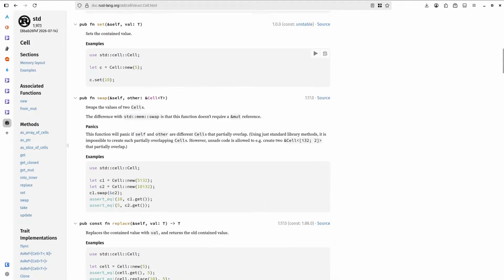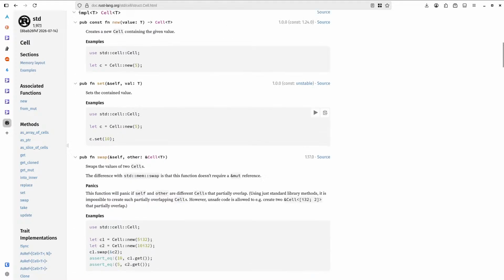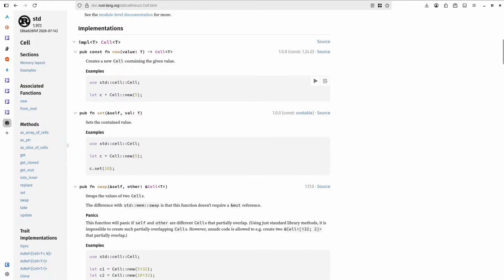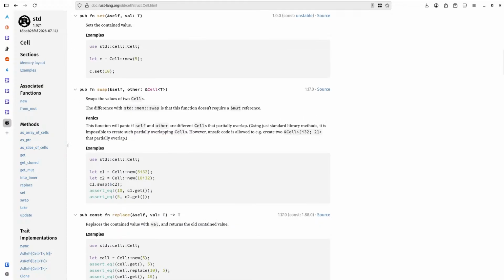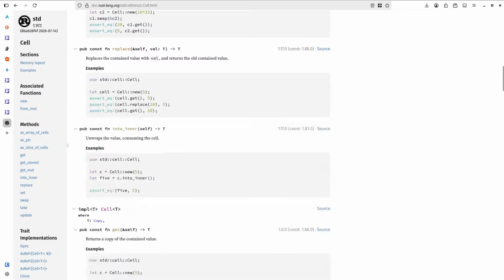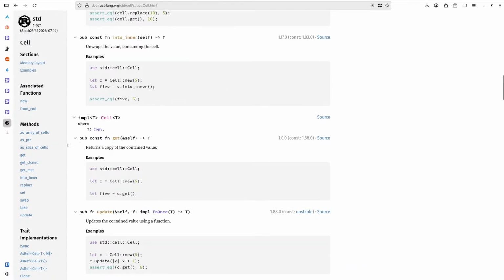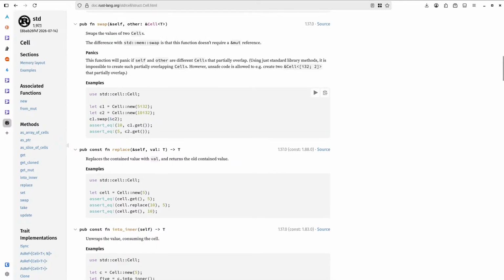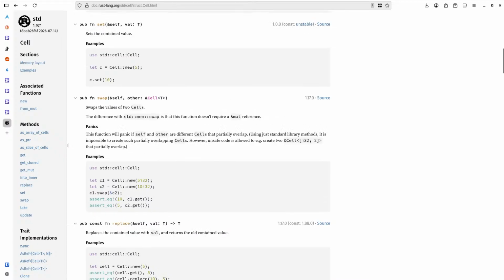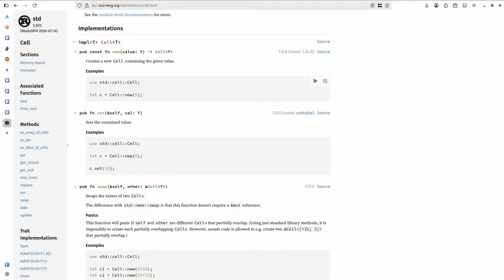So you can get, well, you can new constant function, which is gonna be none. You can swap, replace. Well, you can get. You can update. Really, what we need is set.